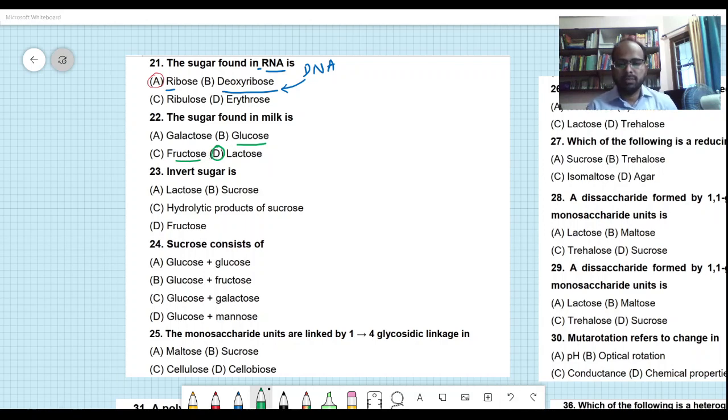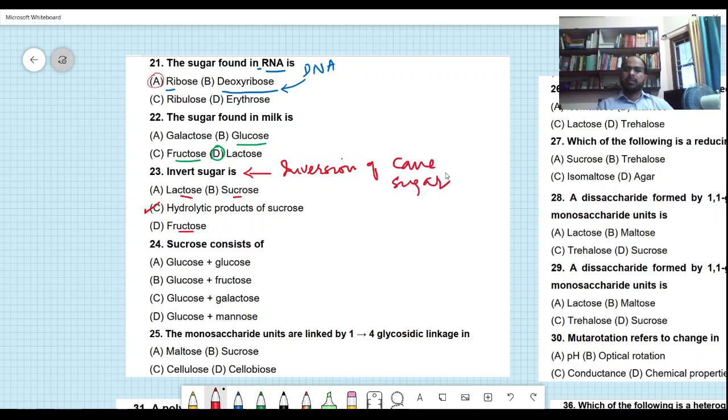Then in question number 23, we have the invert sugar: lactose, sucrose, hydrolytic product of sucrose, and fructose. So these three do not go. Lactose, sucrose, and glucose. So this is a hydrolytic product of sucrose. We have something to read as an inversion of cane sugar. So that is when you have sucrose,